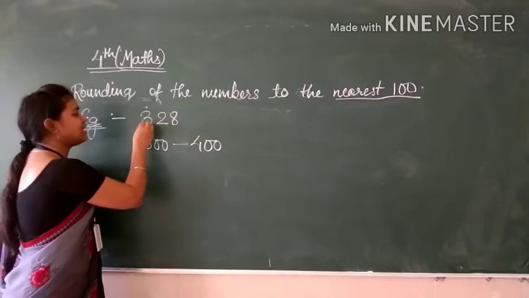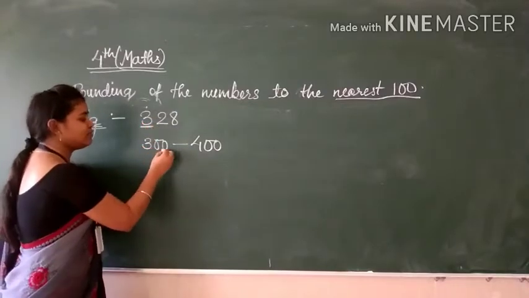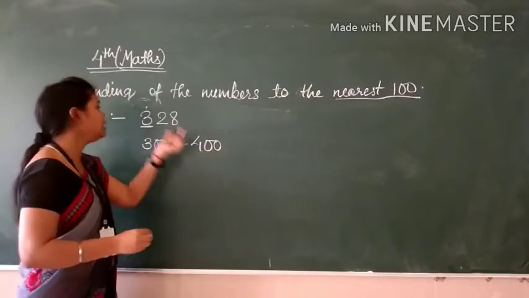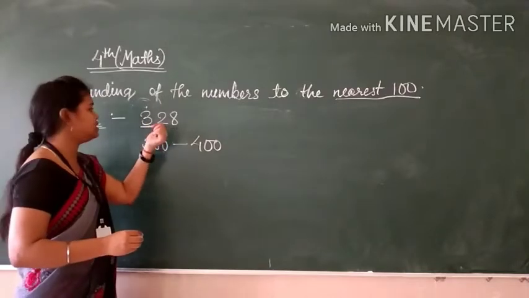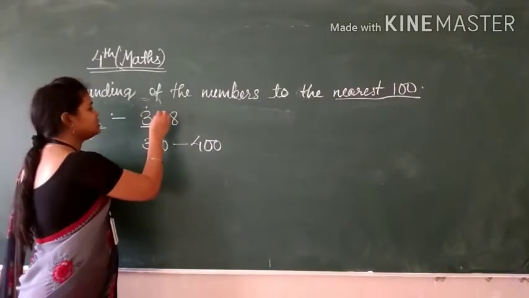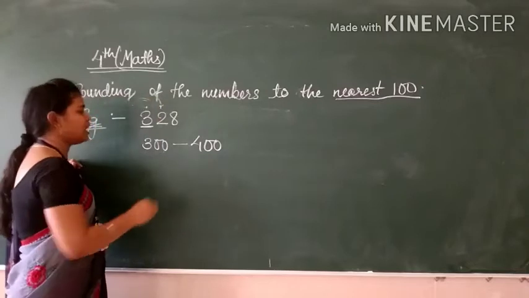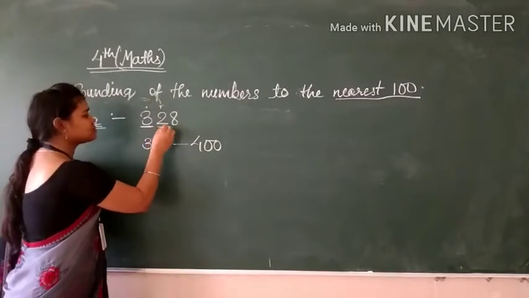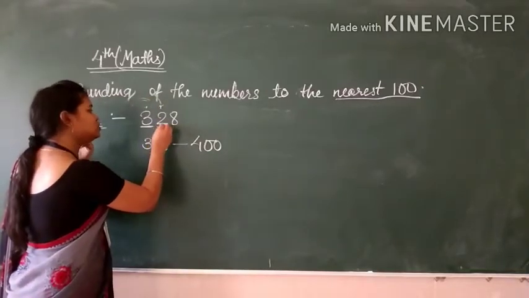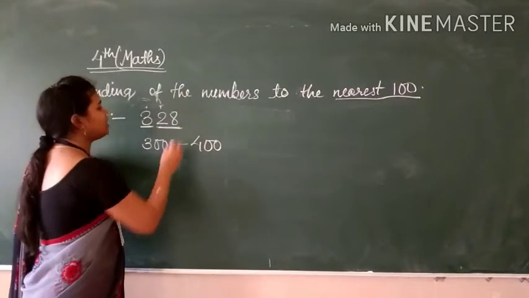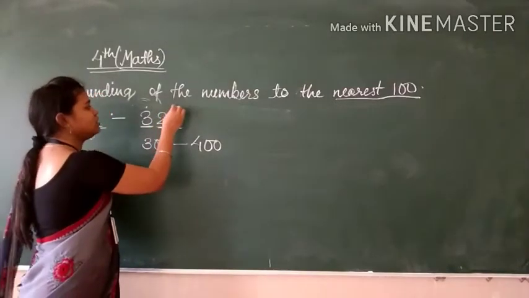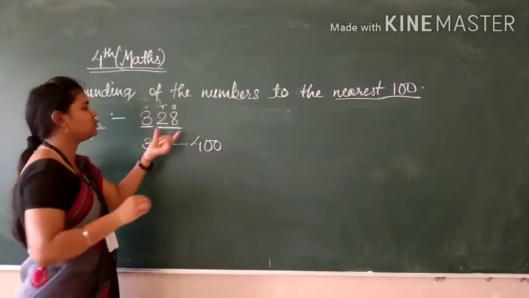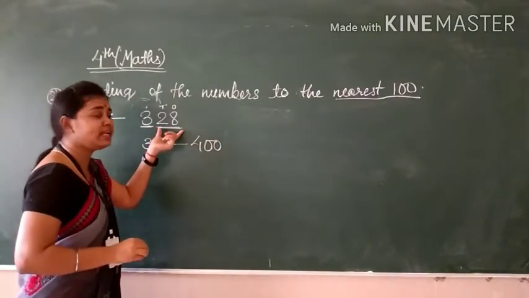This is ones, tens and hundreds. So hundreds is there, so we have made the range 300 to 400. Now we have to see the previous number. This is 2. So ones and tens, we have to see the tens place now. Not only tens, we have to see both the numbers, ones and tens. So it is 28.